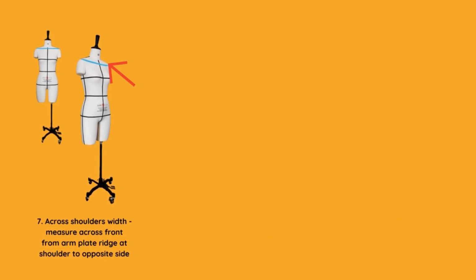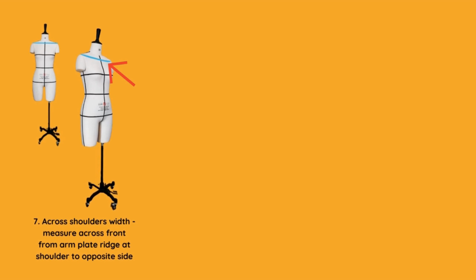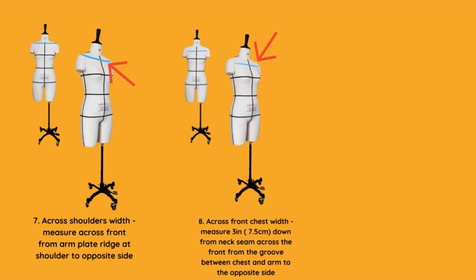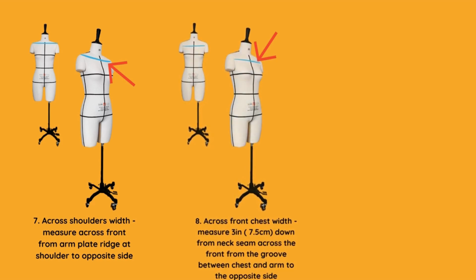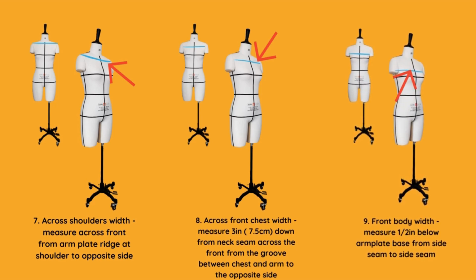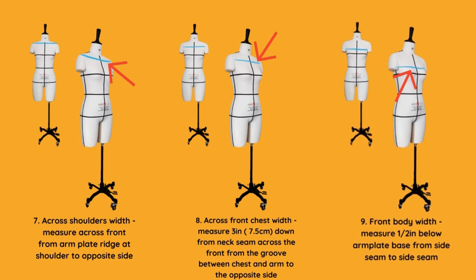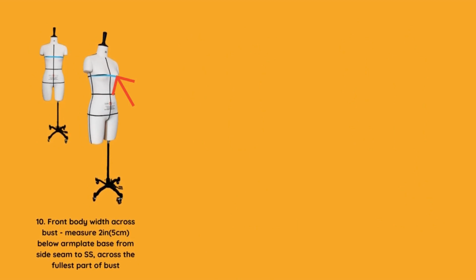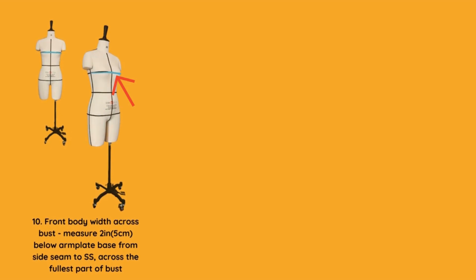Across shoulders width. Measure across front from arm plate reach at the shoulder to the opposite side. Across front chest width, measure 3 inches down from neck seam across the front from the groove between chest and arm to the opposite side. Front body width, measure half an inch below arm plate base from side seam to side seam. Front body width across bust, measure 2 inches below arm plate base from side seam to side seam across the